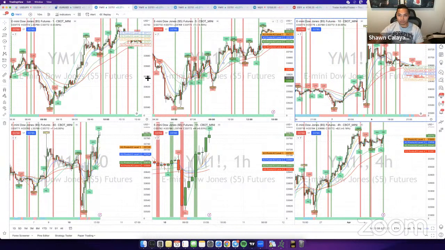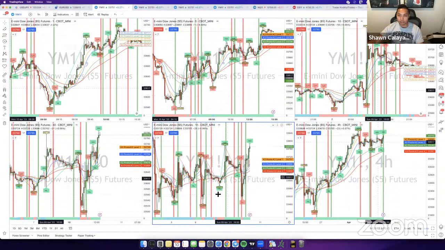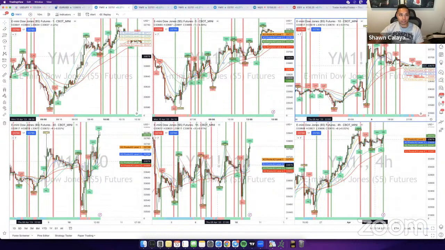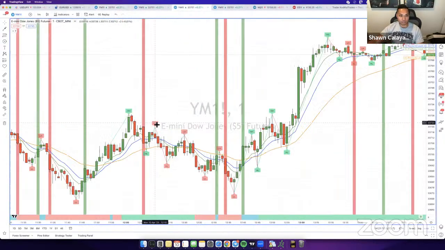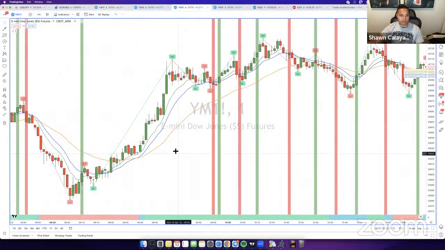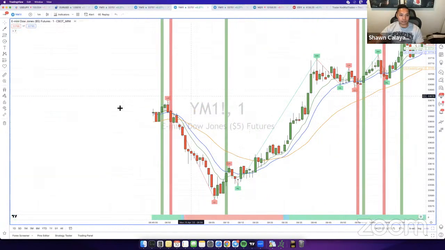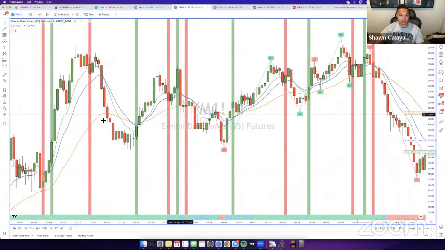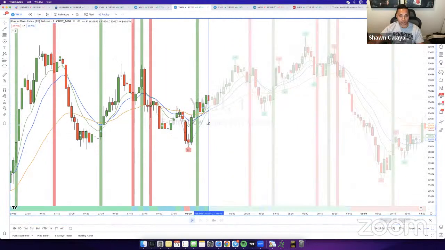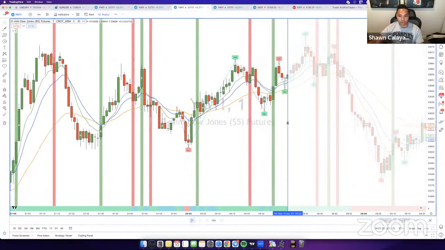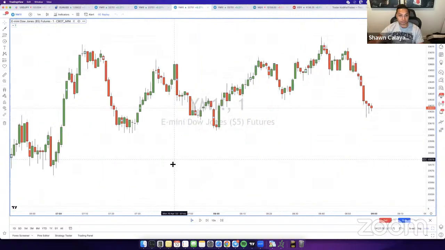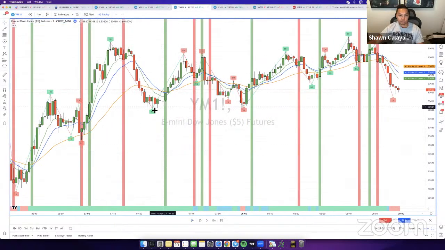I'm just going to look at the 1, 5, and 10 minute, because we're looking for the direction of a bias. Let me just rewind real quick. I'm just going to use this as an example, but today isn't a good day to really apply this type of trading because there was no direction today. I'll just see if I can find any direction here, so I'll go up to 9 o'clock. I'm just eyeballing real quick to see if there are any liquidity pushes that could have been possible.